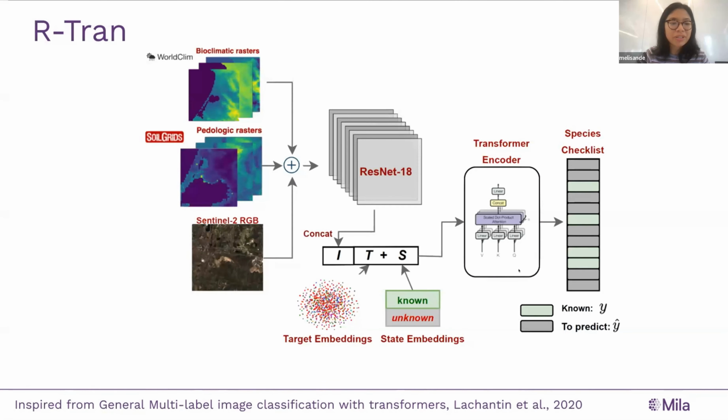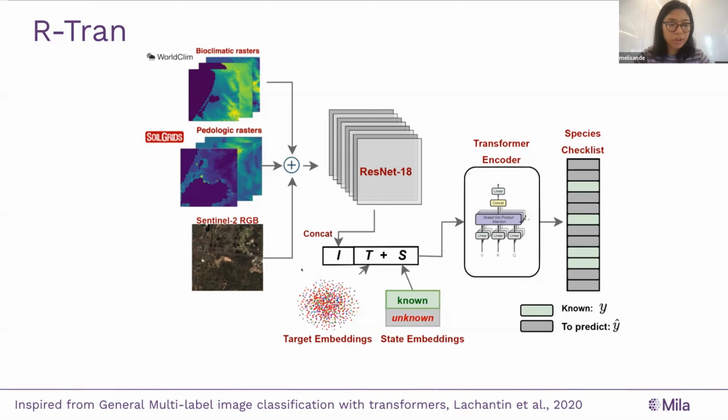And so we came up with this adaptation of a model called C-Tran, from the paper General Multi-Label Image Classification with Transformers by Jack Lanchantin. The idea with C-Tran is that you have access to certain labels at training time, and you want to make use of them. So in our case, when we adapted it, we still have as input our satellite image and the environmental data, and we still encode our images with ResNet-18, which is what we did before.